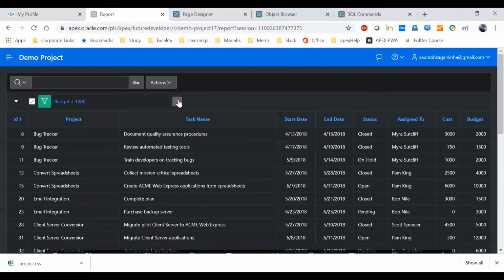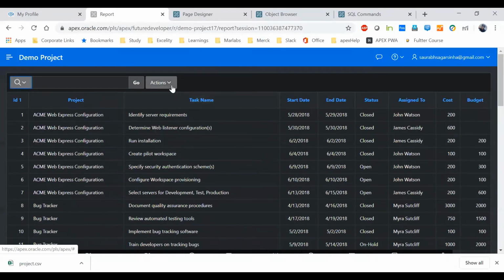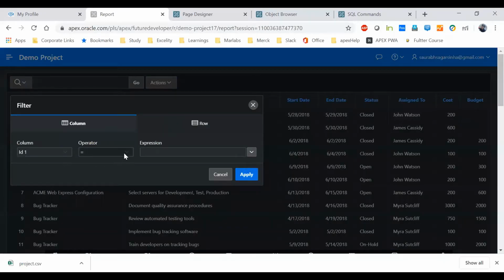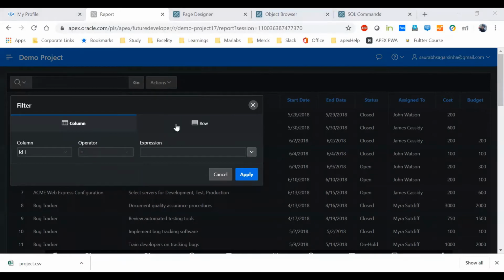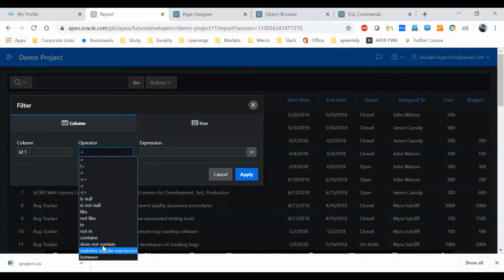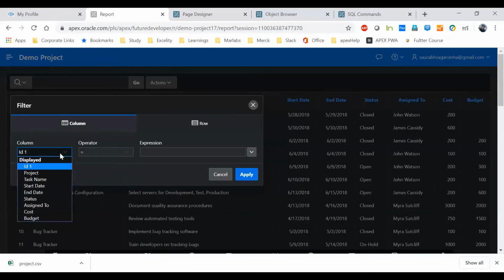Now let's remove the filter. Under the filter section, we have multiple options to filter the information: contains, not in, not like, not equals to, between. Even regular expressions can be used here. And you can select multiple different columns.